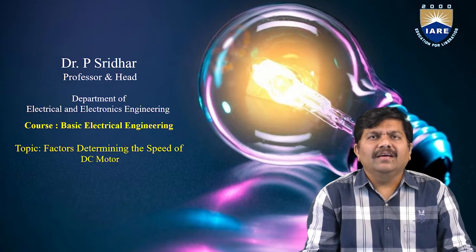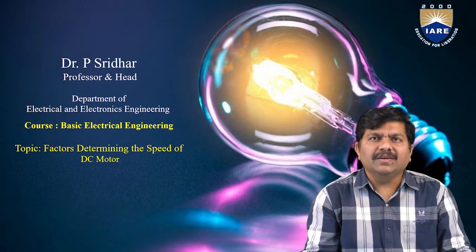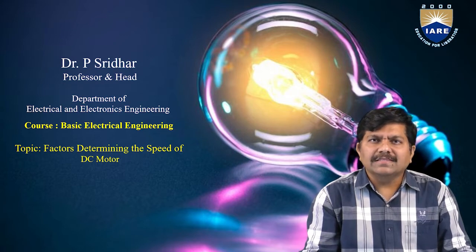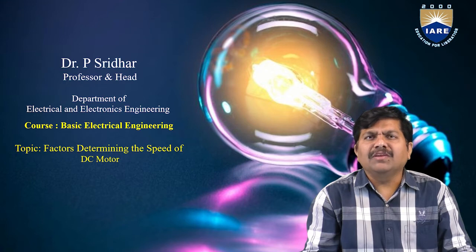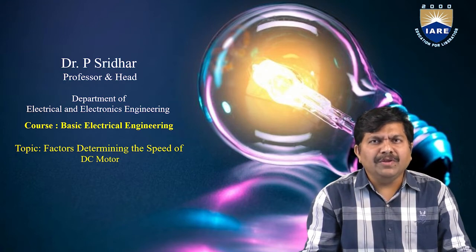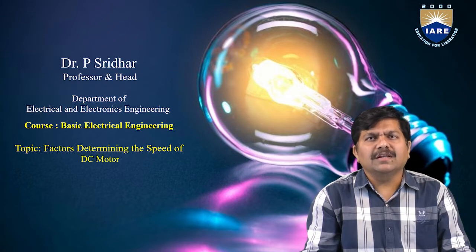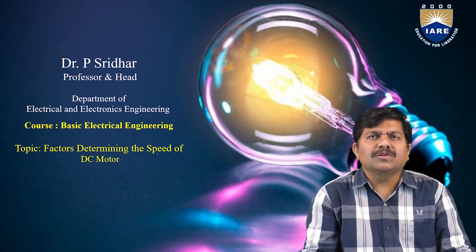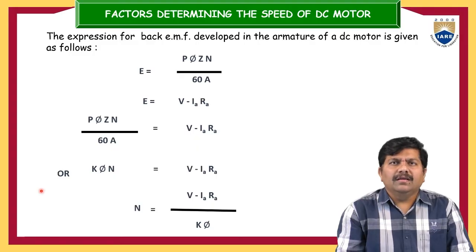DC motors are one of the important devices in industry to control various flow of actions involved, and DC motors are widely used in various domestic applications. Not only that, in the railways also these DC motors are widely used. One of the important things is how we can control the speed of the DC motor, because without controlling the speed, this is not a suitable device and not advisable to use in industries.